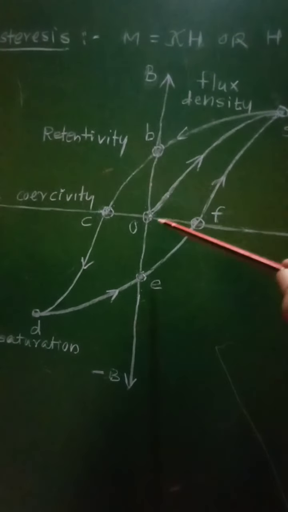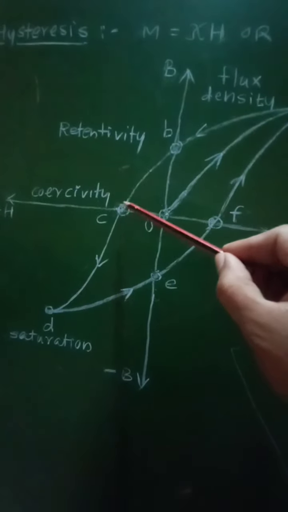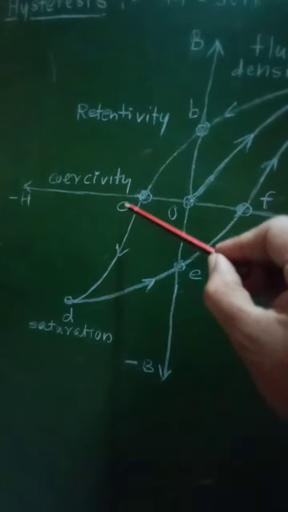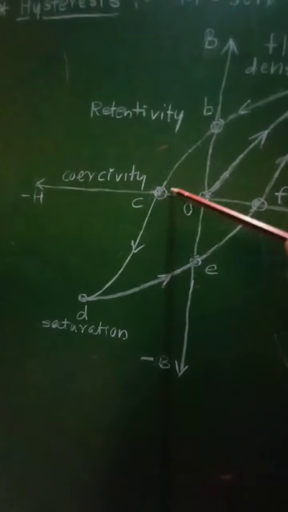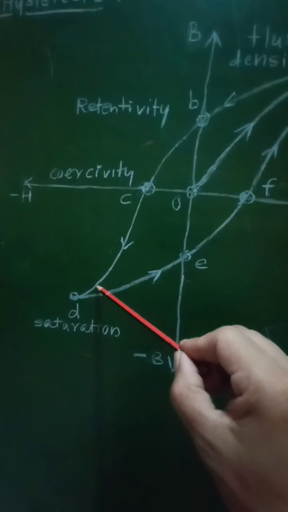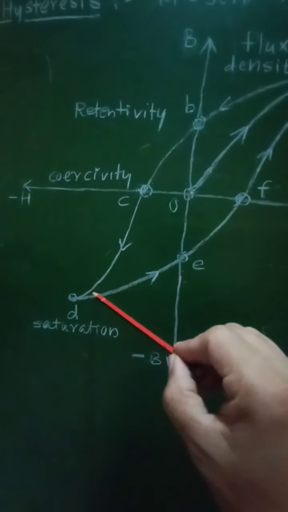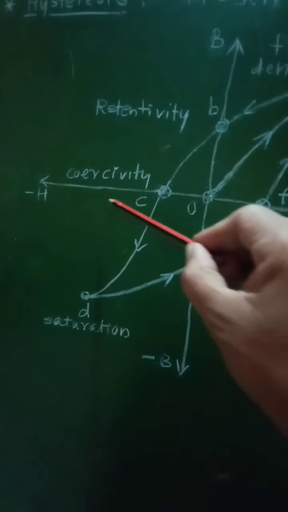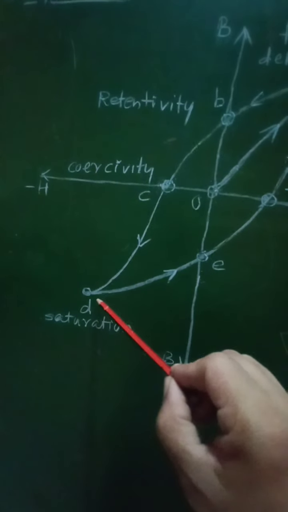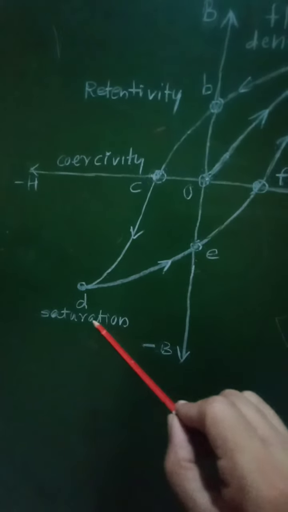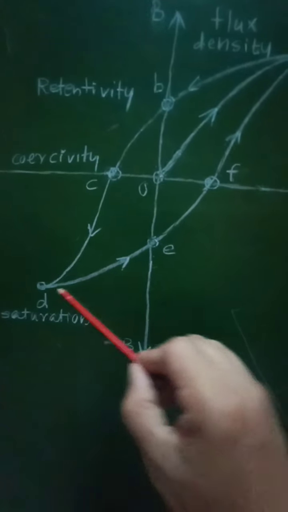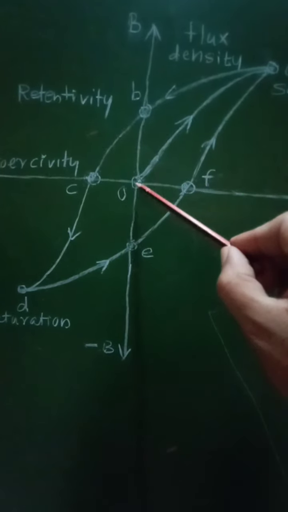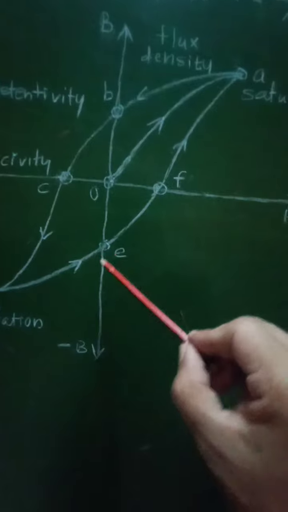Then beyond that, the graph will come down, it will touch the x-axis, and this point C is called coercivity. Beyond that, again there will be increase in the opposite direction in the value of B, that is towards the negative side, and therefore again there will be increase in the value of H. Then B will reach point D here, at which again there will be saturation, that is maximum value of B. Beyond that, when there is decrease in the value of H, then B will also go on decreasing, but it will not become equal to 0, it will reach point E.